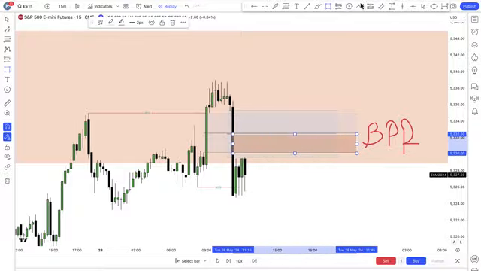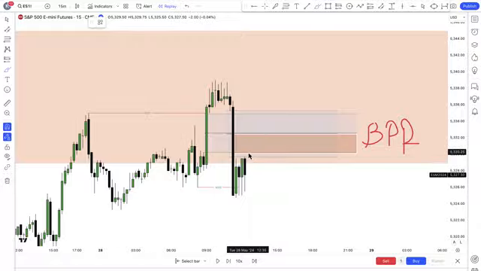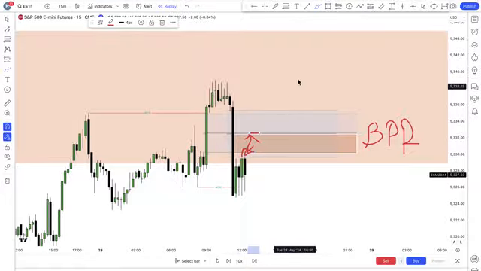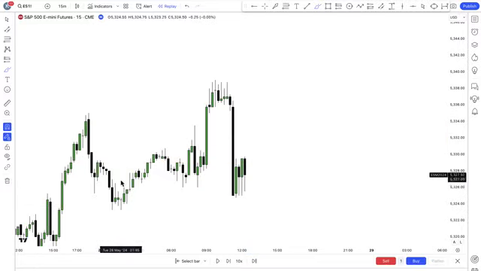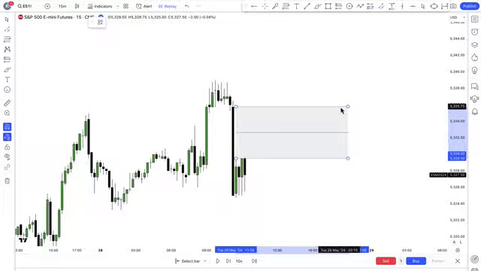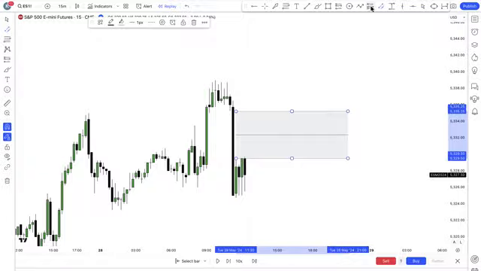So if I am taking my trade from this BPR, guys, what I normally do is the first part of this fair value gap is where I take my trade. I can decide from the tip, I can decide from the middle, but the first part is where I normally take my trades. Trust me, this is how I do it. So if I am taking my trade, I will take it from the first 50% of the fair value gap.